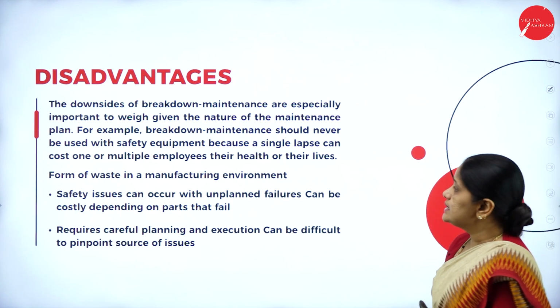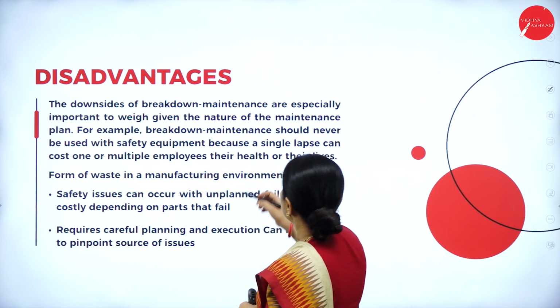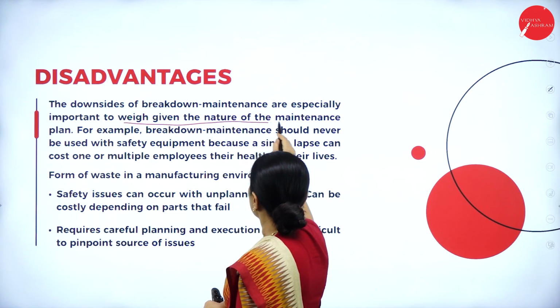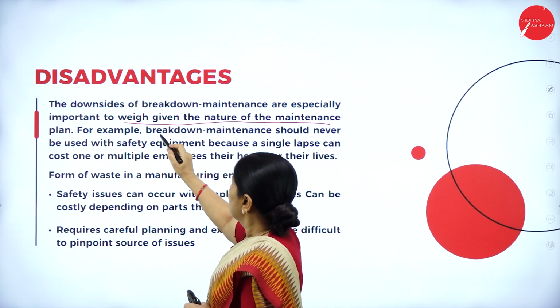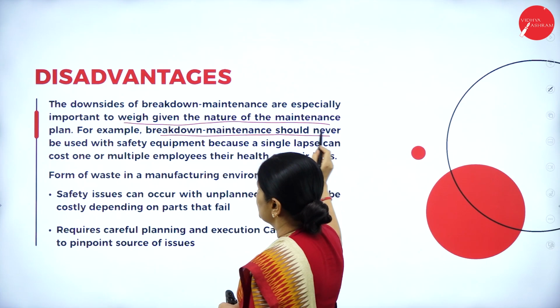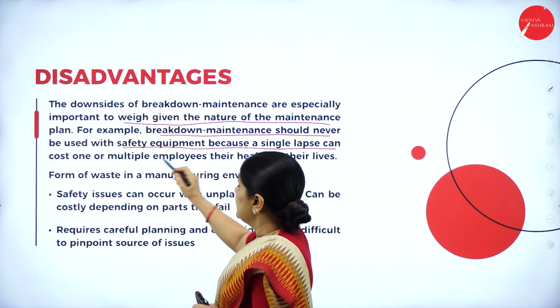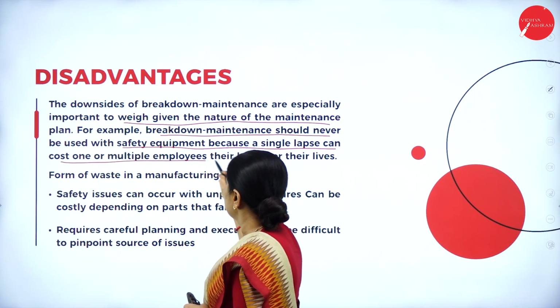Next, what are the disadvantages? The downsides of breakdown maintenance are important to weigh given the nature of the maintenance plan. For example, breakdown maintenance should never be used with safety equipment because a single lapse can cost one or multiple employees their